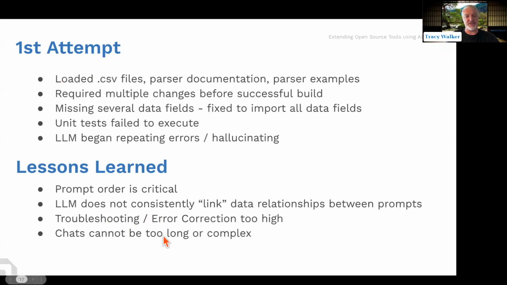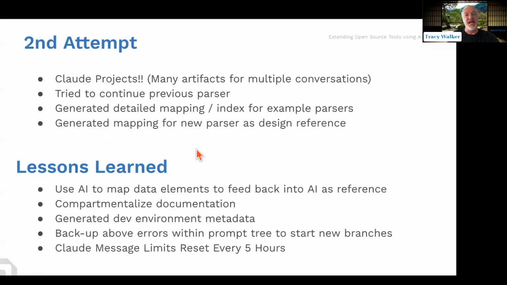The troubleshooting chats got too long, too complex, started spinning, and I could tell it wasn't going anywhere. So I took some time away from it, mainly because I had just kind of given up. But